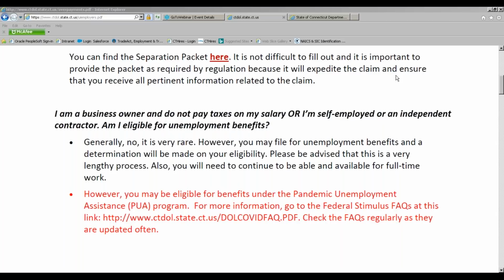And to go along with what Terry had just said, the rules of unemployment are still in effect, so in cases like this, if somebody does refuse work, we would have to have a hearing on this to see exactly what Terry had said, and then a decision will be made based off of that.